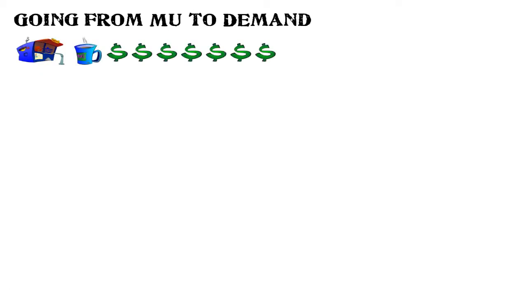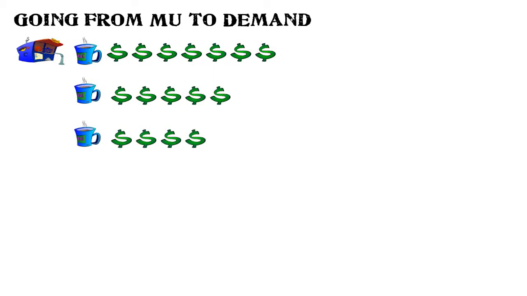Welcome along. In this clip we're going to look at the idea of how we get from a marginal utility to a demand curve. And so we're going to go back to the old cafe and look at those cups of coffee that we drank. So for the first cup we had marginal utility of $7, the second was $5, the third was $4, and